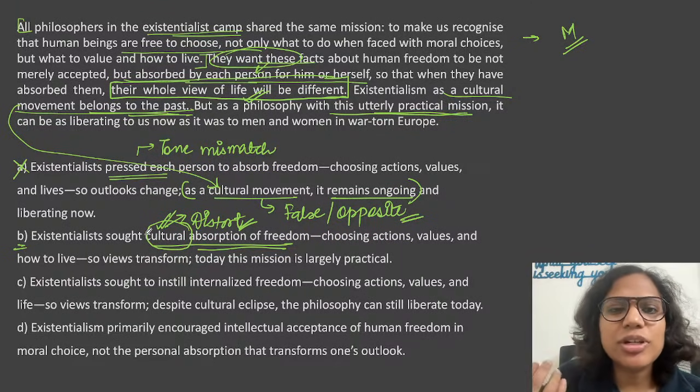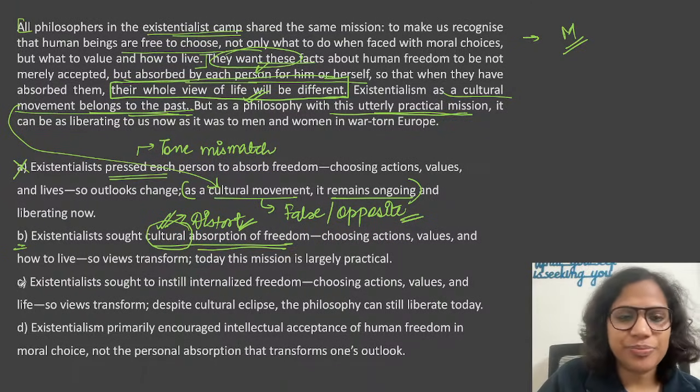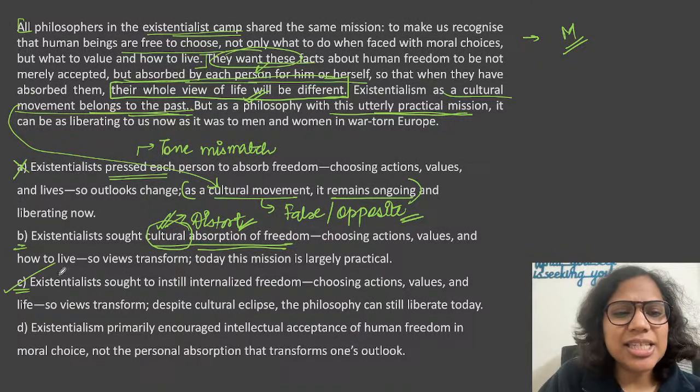So, not that I will reject it right away. I will compare. Let's look at C. Existentialists sought to instill